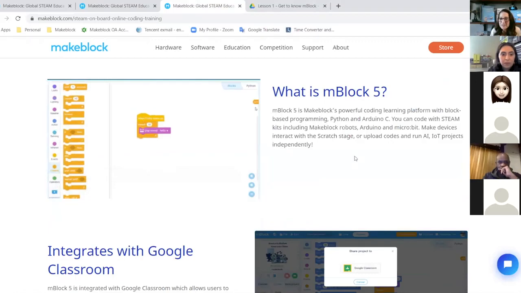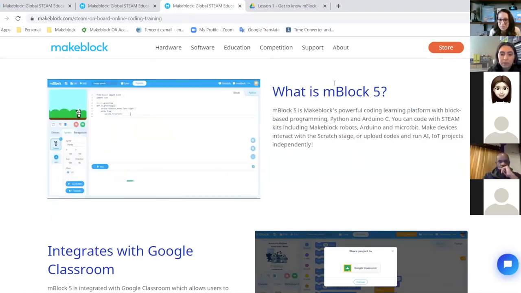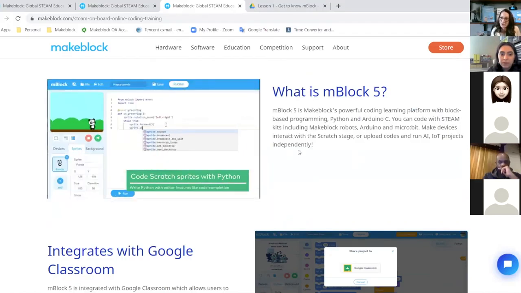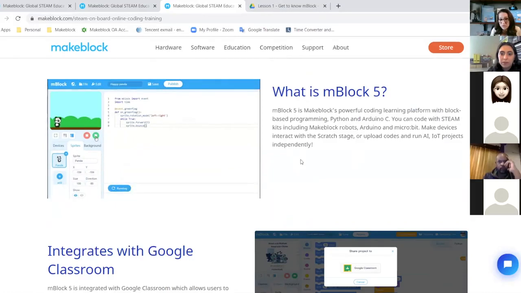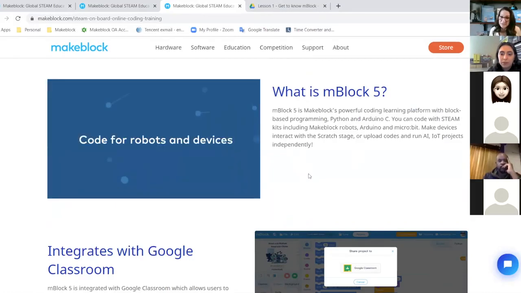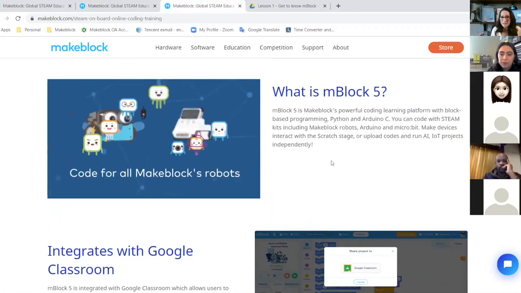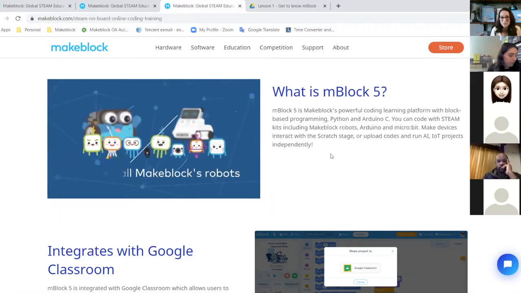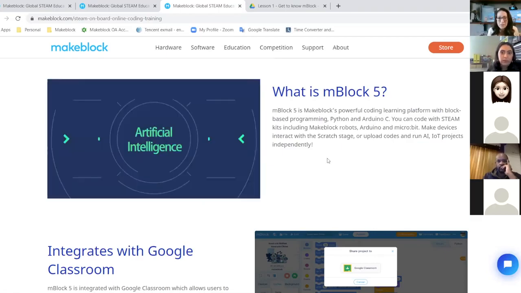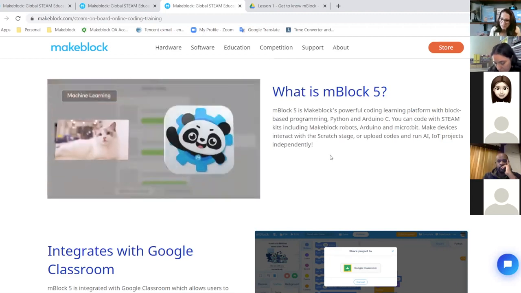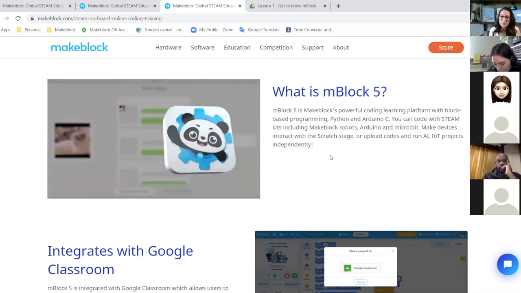We're going to be basing this on our mBlock 5 software. And if you're not familiar with mBlock 5, it is based on Scratch software, which a lot of our students in the United States already have some kind of experience with. So this should be an easy transition, easy for them to use. And really, block-based programming itself is very easy. The nice thing about mBlock 5 is that it's really easy to get started,